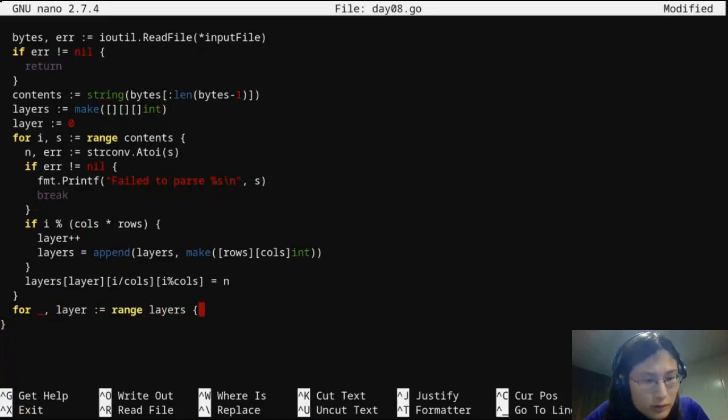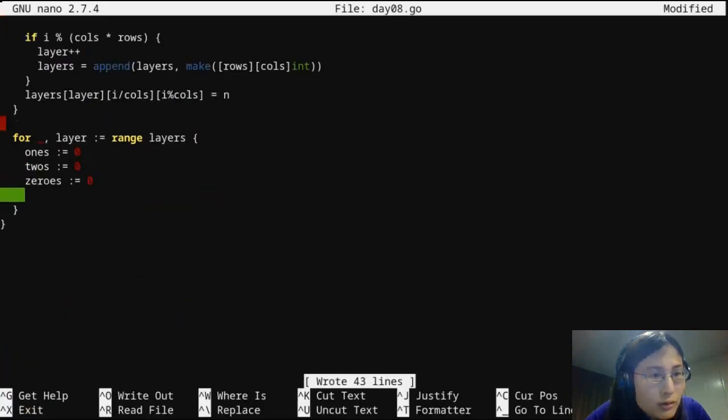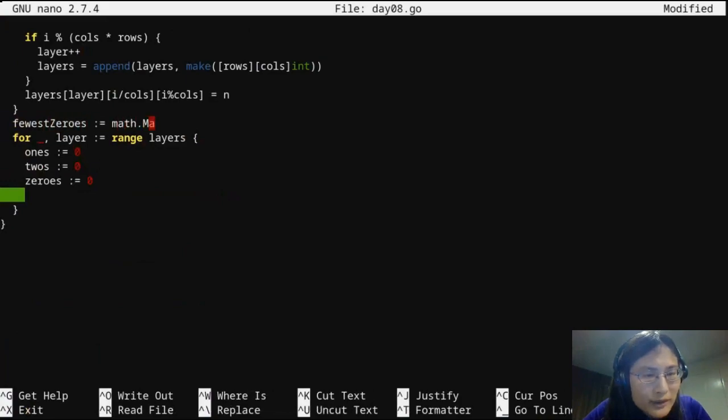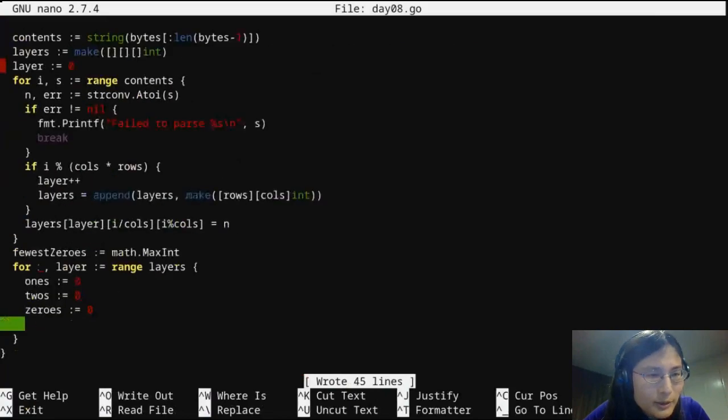Fewest zeros. Math max int. Actually, it can just be cols times rows.